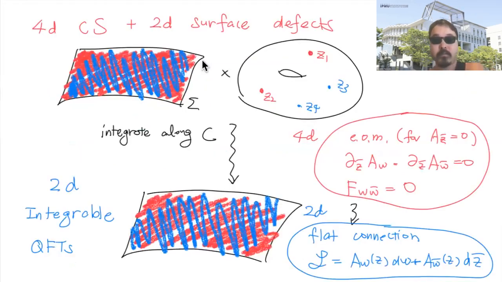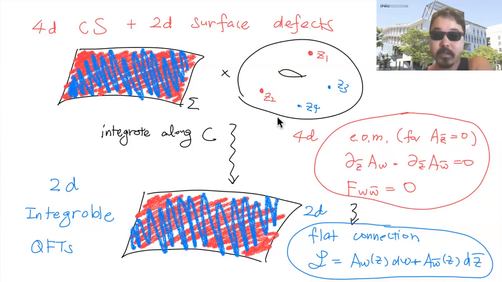Now, what is nice about the story is that you can try to enrich it by incorporating defects. There can be different defects, as I'm going to explain. Let me start with the two-dimensional defect, which fills the whole two dimensions where the integrable models live, which was sigma, and which means that they are point-like on the spectral curve C. They are located at particular coordinates, z equals z1, z2, etc. Different types of surface defects can be located there. Now, this is a four-dimensional geometry, and it is a four-dimensional theory coupled to defect theories which are two-dimensional. So it's a coupled 2D-4D system.